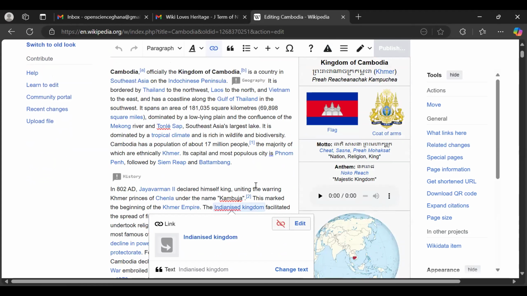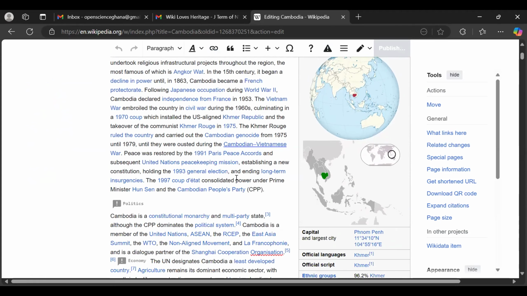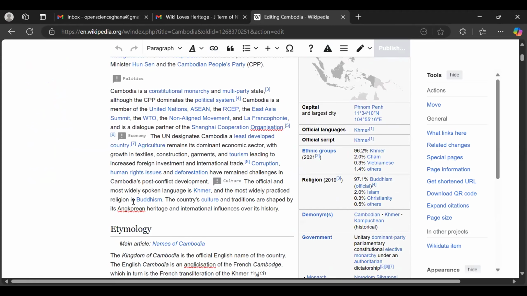So I'm using a grammar checker on this, and it says that this page says Indianized Kingdom. So assuming this was something that I wanted to fix, I could simply edit it and then hit publish.